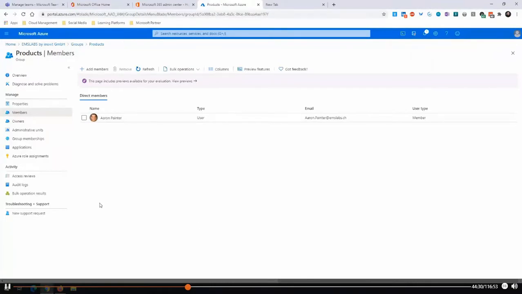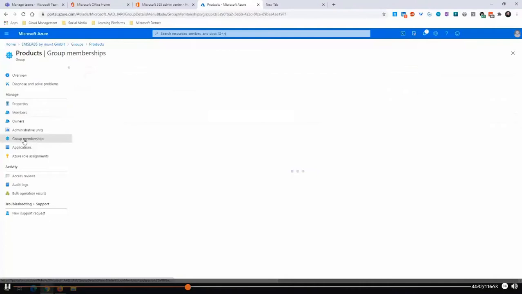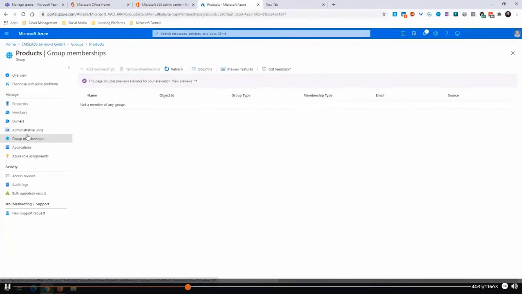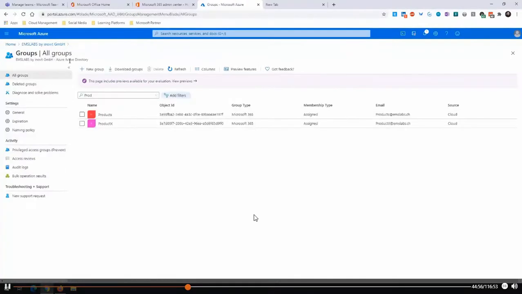Basically what we have here as well is that we see here the group memberships. If it's a member of a group that's not related here specifically to this Microsoft 365 group for this team, that is one option what we see here. But we have on the other side, on the groups level, the capability to provide some settings on how we want to work with specific groups, for example.